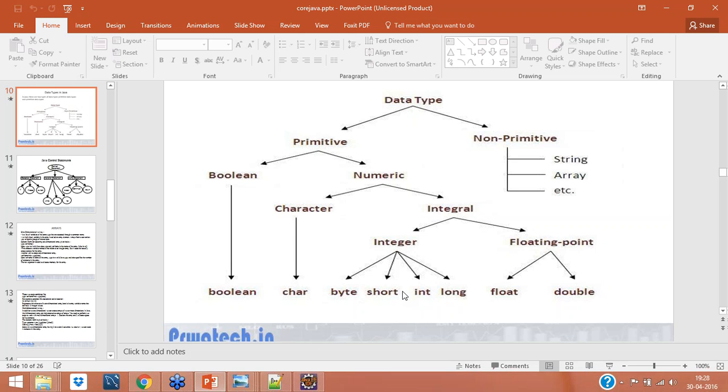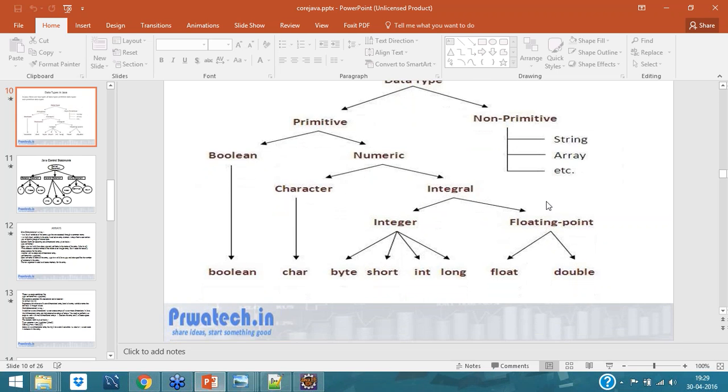Here also the same thing: you go with integer, and if it is a long integer, meaning a big integer, you go with long. Then short is the short integer, a small one, and then byte. I'll explain all these things, and string and array also.